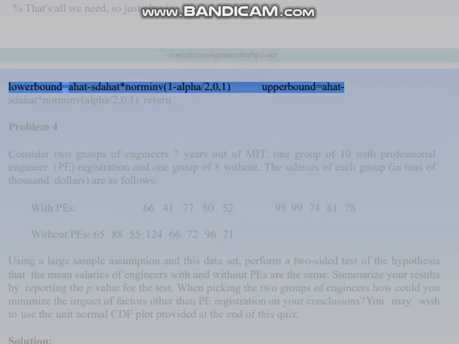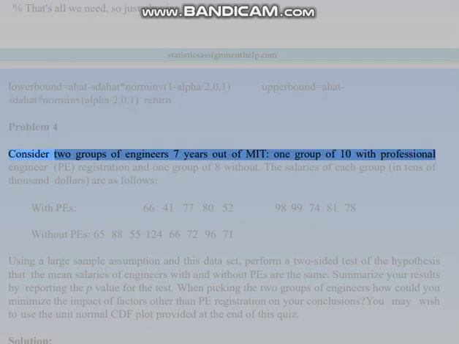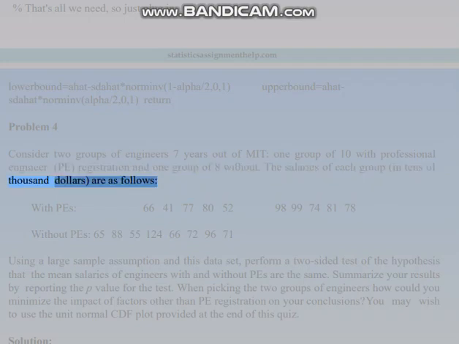Lower bound equals a hat plus std_a_hat times norminv of alpha over 2, upper bound equals a hat plus std_a_hat times norminv of 1 minus alpha over 2. Return. Problem 4. Consider two groups of engineers 7 years out of MIT, one group of 10 with professional engineer, PE, registration and one group of 8 without. The salaries of each group, in tens of $1,000s, are as